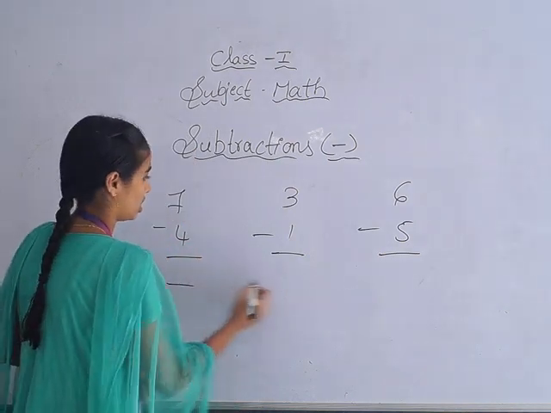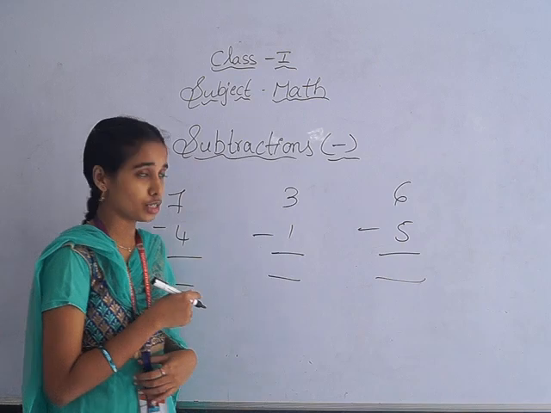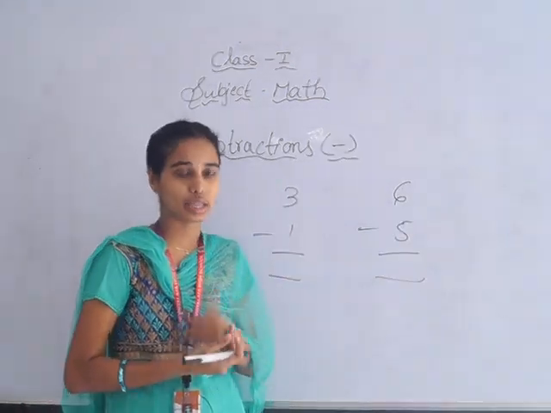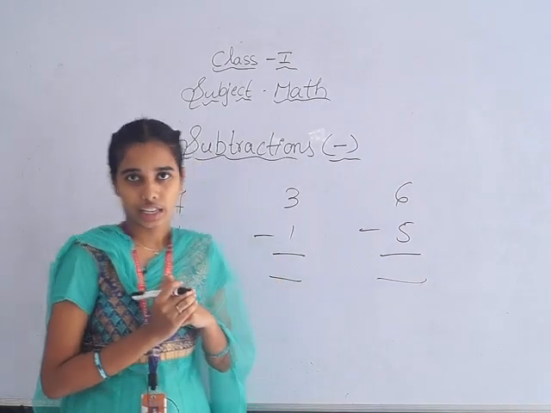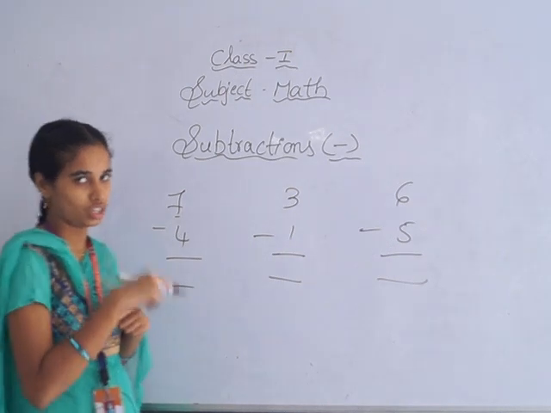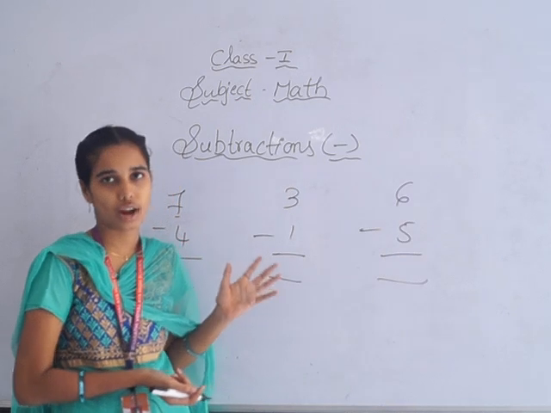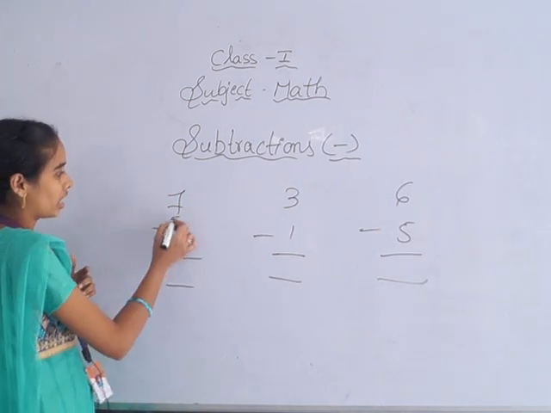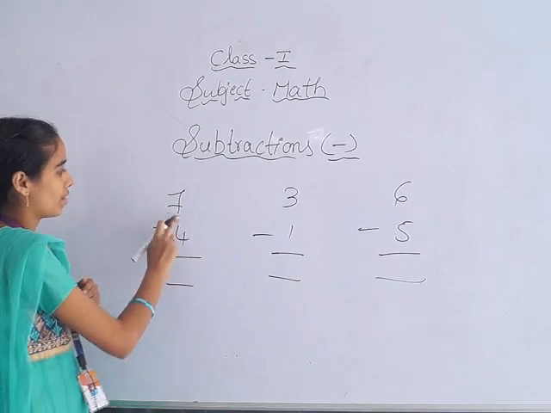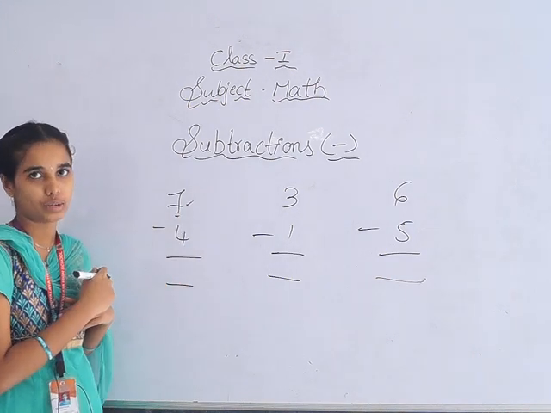So see here children, first one, previous problems additions means we are adding, subtraction is nothing but we have to cut down the number. So here first you see the biggest only, in addition also we are seeing biggest one, and subtraction also you have to see for biggest one. What the given question, 7 minus 4, yes or no? So 7 minus 4, here which number is big one? 7 is the biggest one.